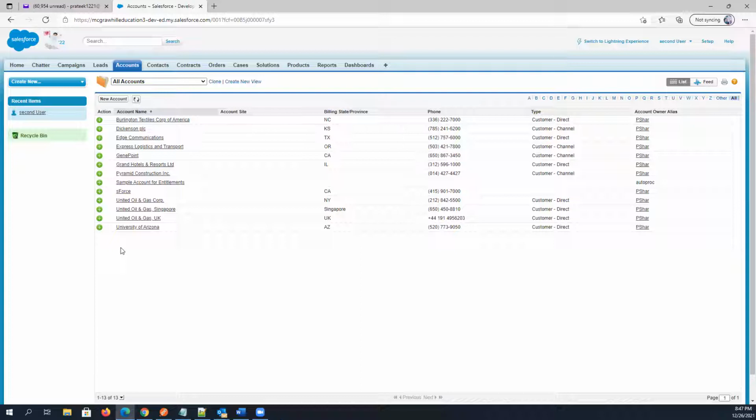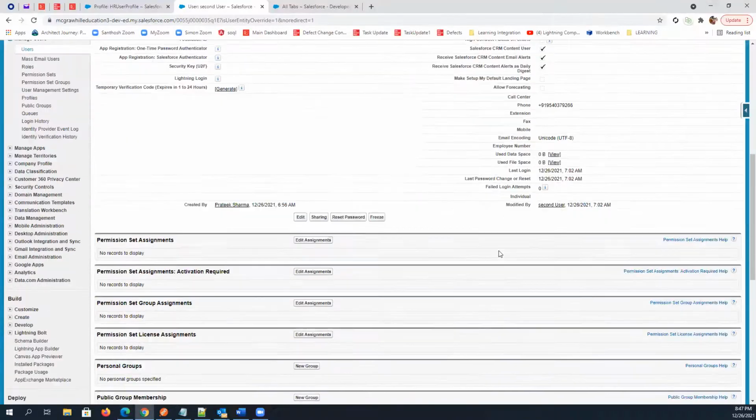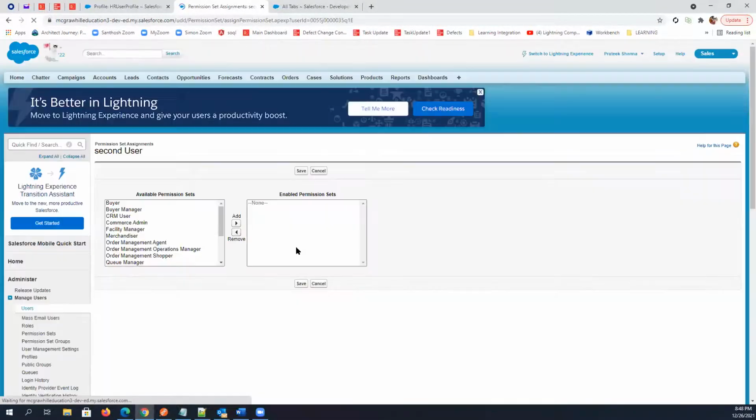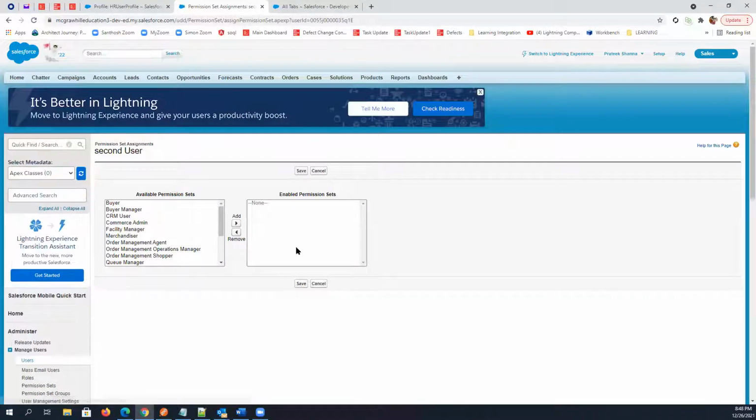So Pratik, there was a field like expires on. Does that field is used to assign a particular permission up to a period of time? I wanted it in the permission set page, just when you are giving the permission, assigning the permission set to the user profile. Just open the user profile page, and